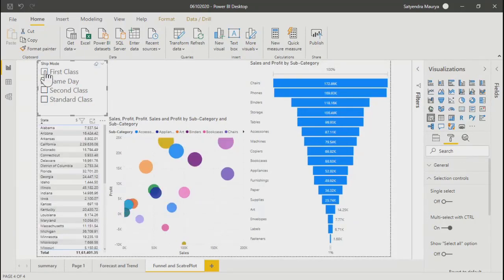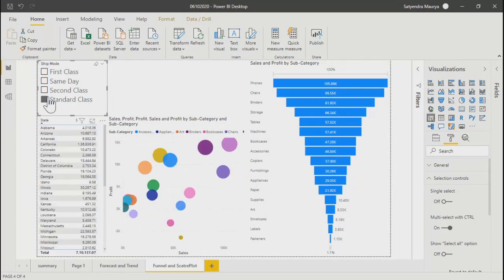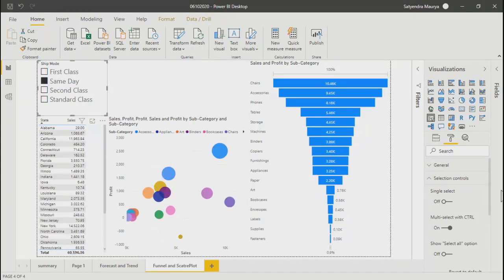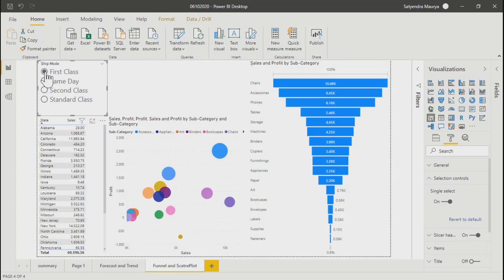Earlier also it was only single selection. Right. Okay. I'll just look into it. Oh, okay. Got it. So basically, as soon as you convert this into single selection, the options are getting converted into radio buttons. So you will be allowed to select only one value at a time.